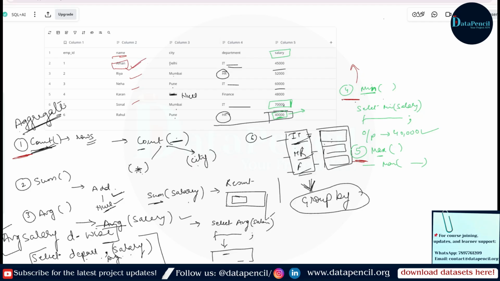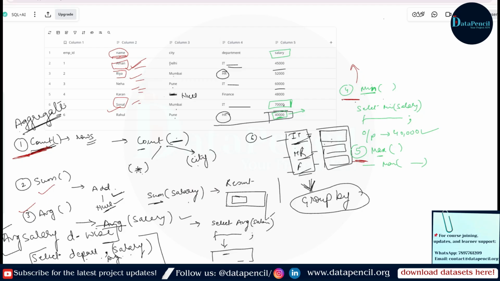If we write max name, the output will be Sonal. Same for the count function: if we count the name, it will simply count and give the result. But sum and average will not work for a text column, because it is not possible to find the sum or the average there.